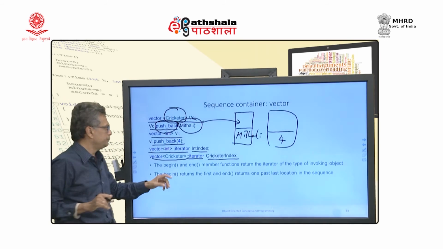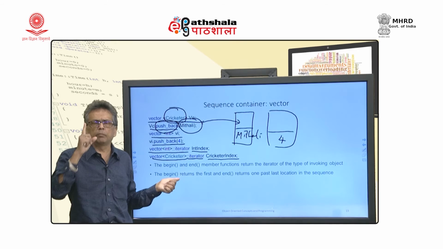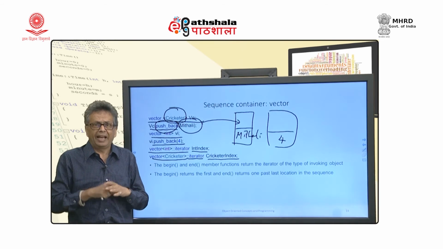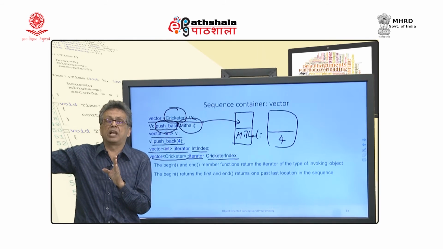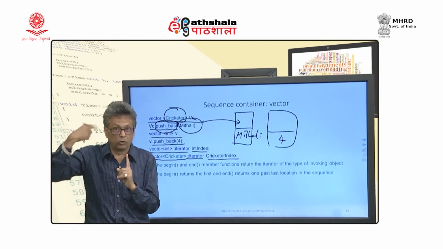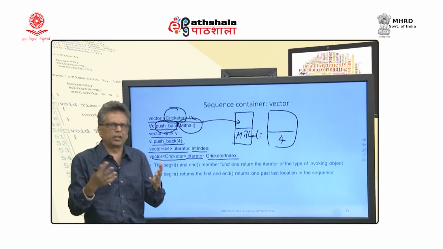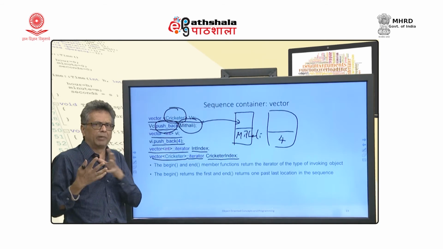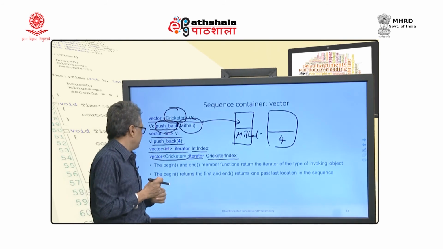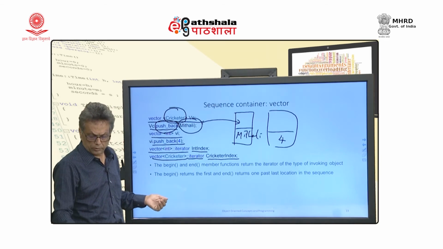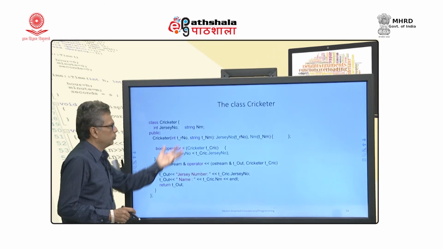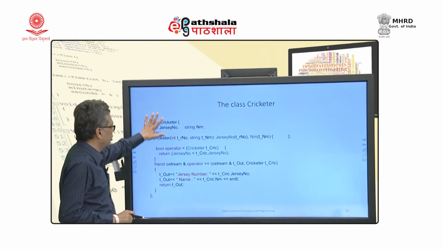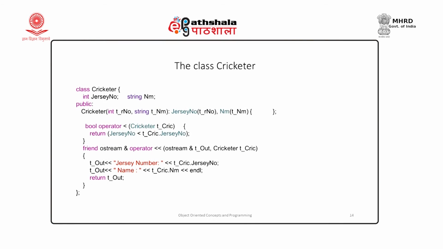all containers. Begin will always return me the first element in the sequence, end will return me an address of the next element after the last element, one more than the last element, kind of like an end of file mark, if you know a bit about that. And here is a class cricketer, I do not need to talk about that much, it is all a normal class, it will contain jersey number and name, and there is